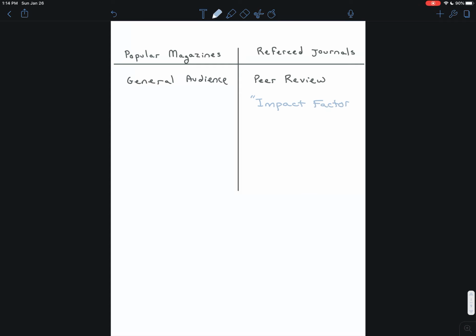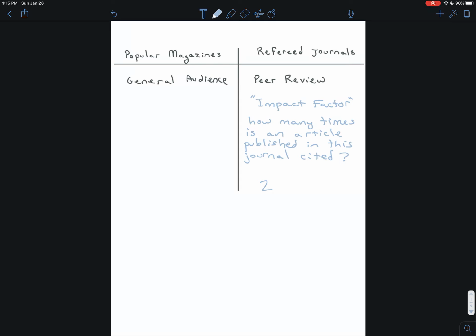The impact factor is, on average, how many times an article published in this journal is cited. So for example, if you have an impact factor of 2,